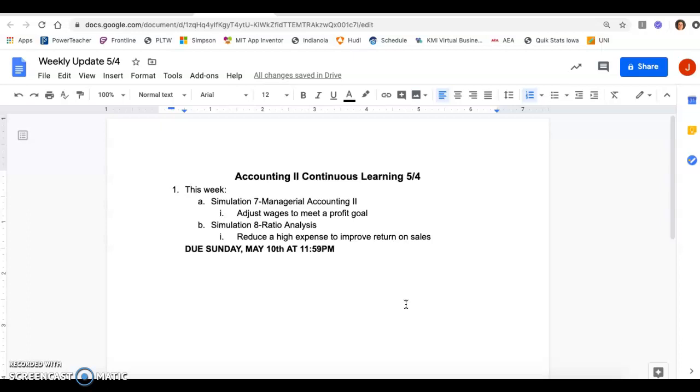So just as a reminder, 10 points for the reading, 5 points for the simulation. As long as you get 70% or above, you get the full 5. If you're below 70%, I adjusted accordingly. So our simulations for this week will be due on Sunday, May 10th